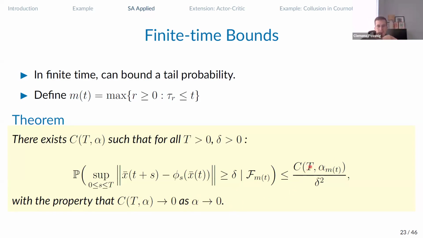So the smaller the step size, the closer in probability you can predict your algorithm to track an ODE solution. This result also holds for step size sequences that don't converge to 0. What's enough here is that we look at any fixed alpha. The algorithm runs on some fixed alpha. The smaller this alpha is, the larger the probability that it will be tracking a specific solution to the ODE.